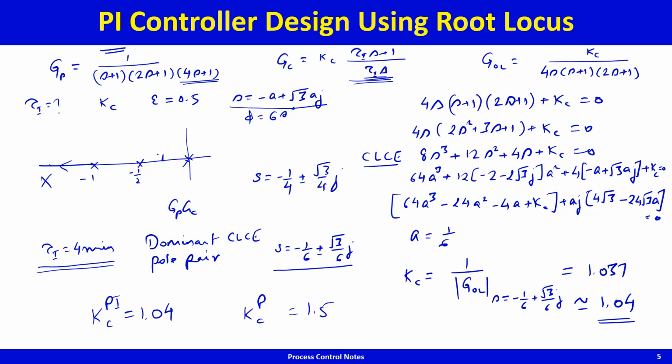and the more left I am, the more away I am from the right half plane, the further away I am from instability, and that gives me faster closed loop dynamics, so that helps me. So for as fast as possible closed loop dynamics, this idea of locating the zero because of integral action, choosing tau I so that the zero cancels the slowest open loop pole, is a rule of thumb that is often used. Okay, so to summarize,